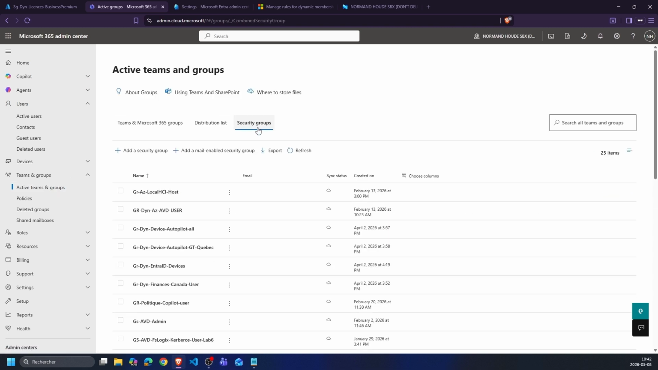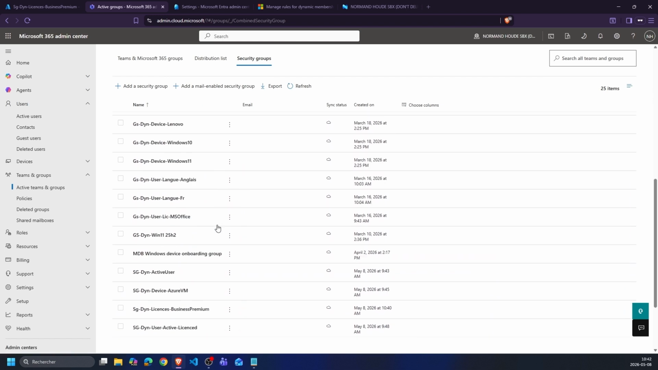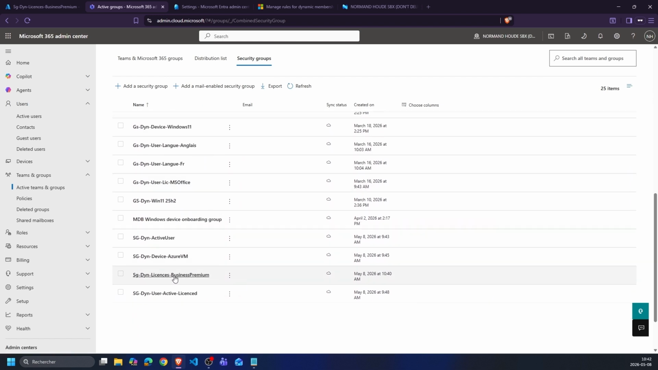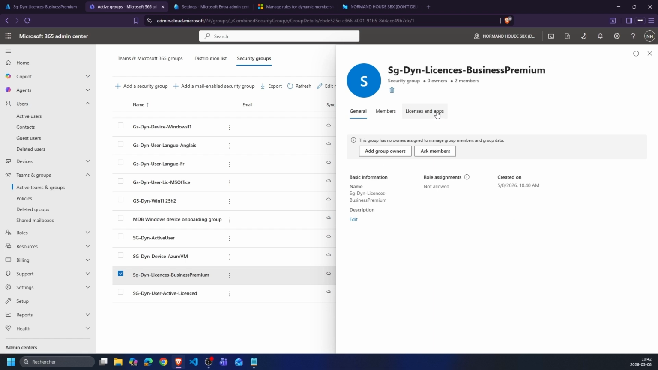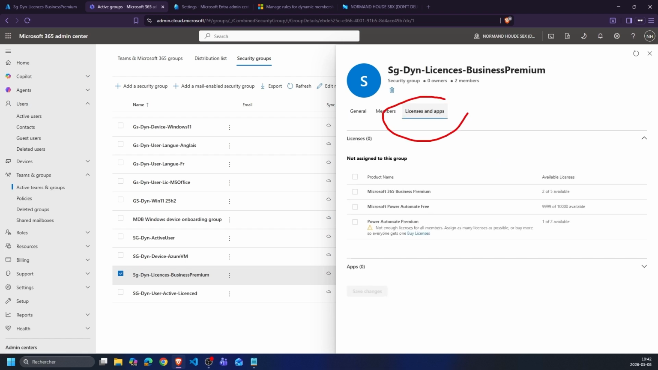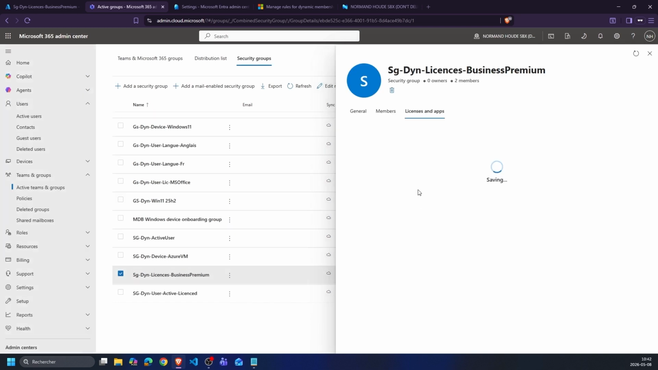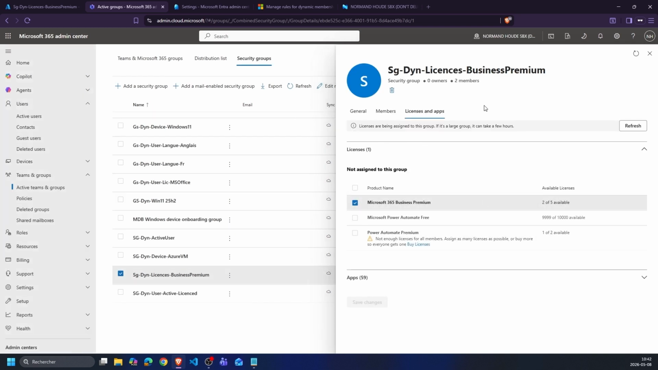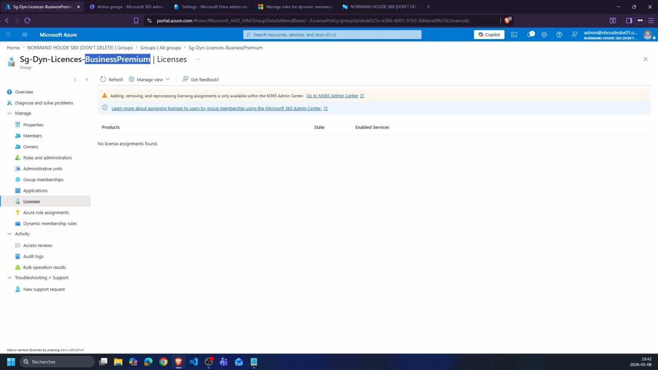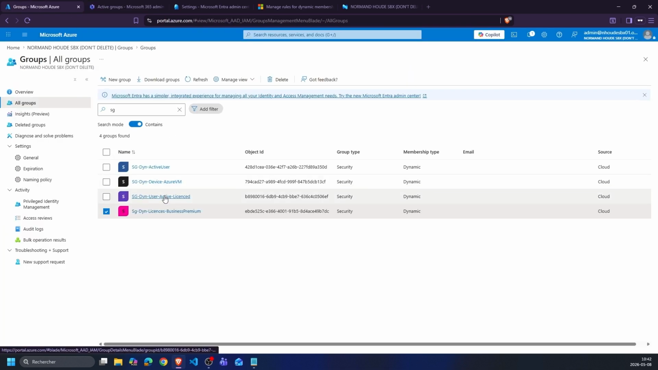Here, go to my security group, and go to my group here. And now in this tab I can assign my license. So I click here and assign the license to the group. In this way, all users in this group will automatically receive the license. And by this fact, the other group as well, the licensed